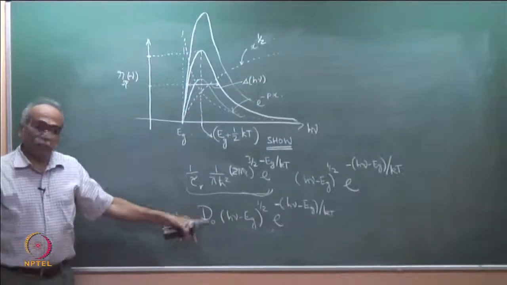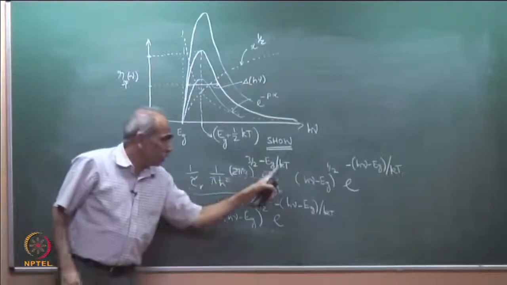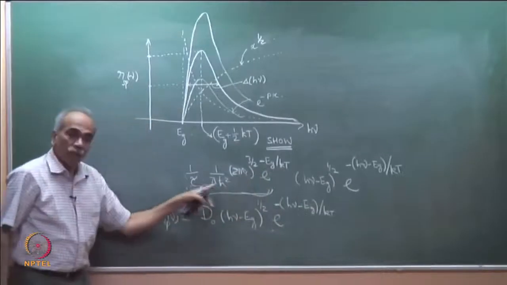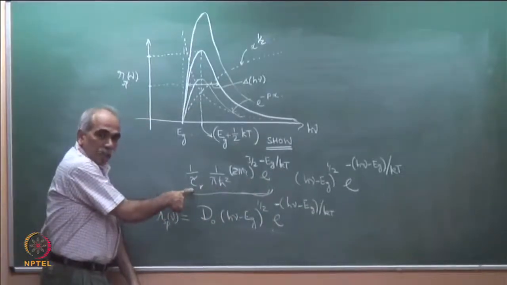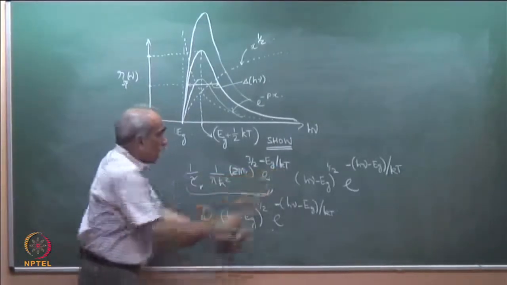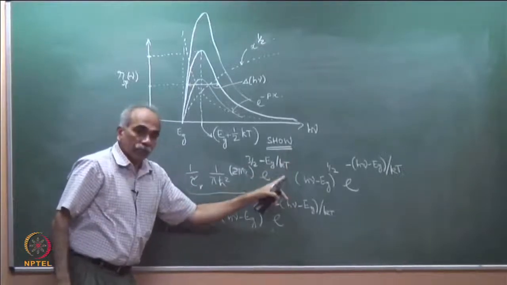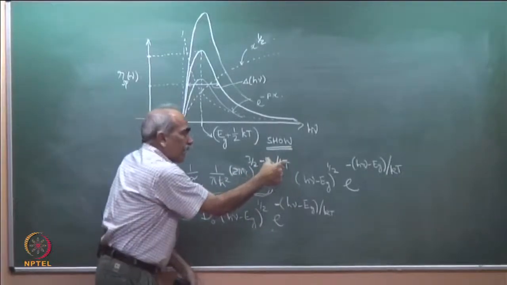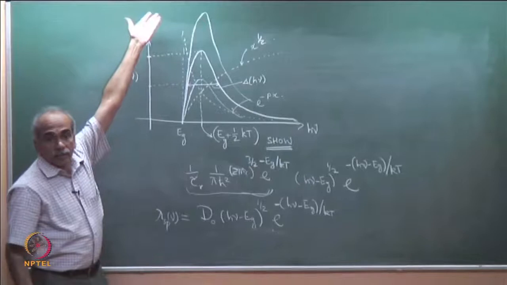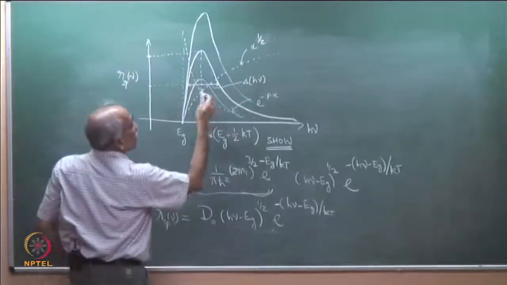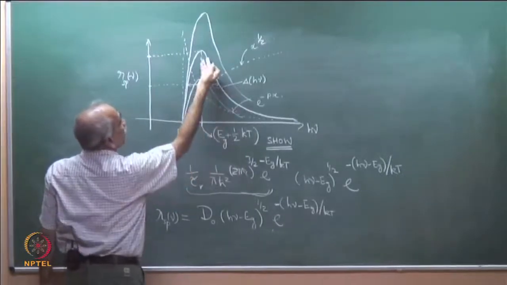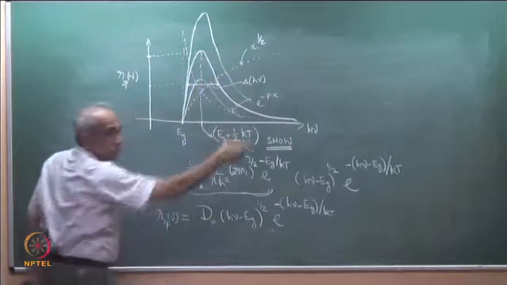And what determines D0? D0 is determined by temperature. All are constants for a given material. So, two things, one is tau r, radiative recombination time, and here T. So, if the temperature is larger, then this exponential negative quantity becomes smaller and therefore, D0 will be higher. So, it is instructive to see that you put different temperatures. For example, you put 250 K here, 300 K, 350 K, you see that it changes.